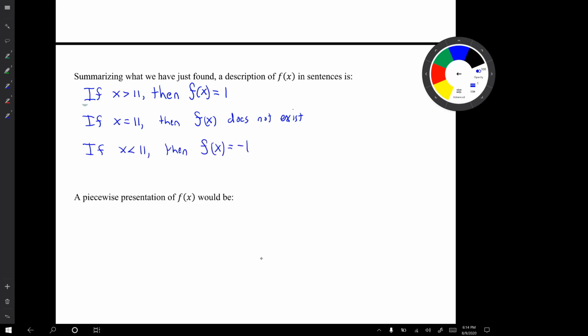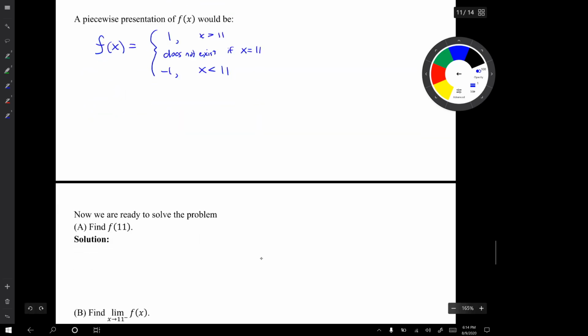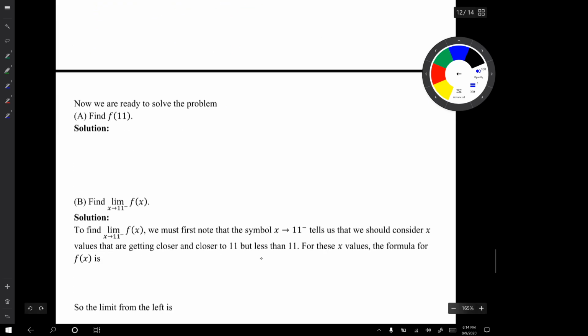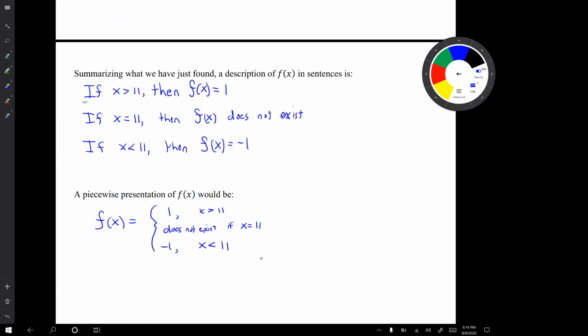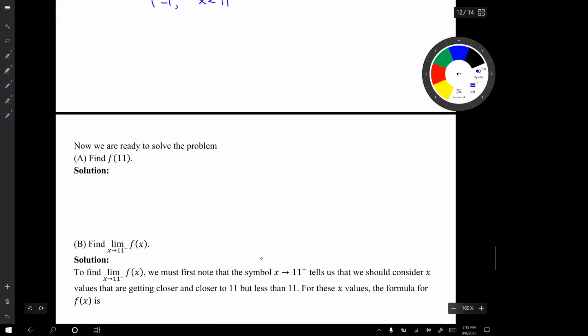A more concise piecewise presentation would be the following. This is an abbreviation of those sentences. So our job was to, first of all, in question A, find f parentheses 11. So find f of 11. Well, let's go back up and look at what we just found for the description of how f of x behaves. If x is 11, then f of x does not exist. So our solution is,